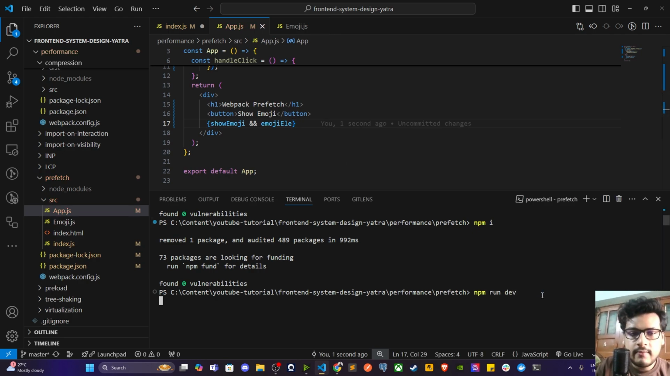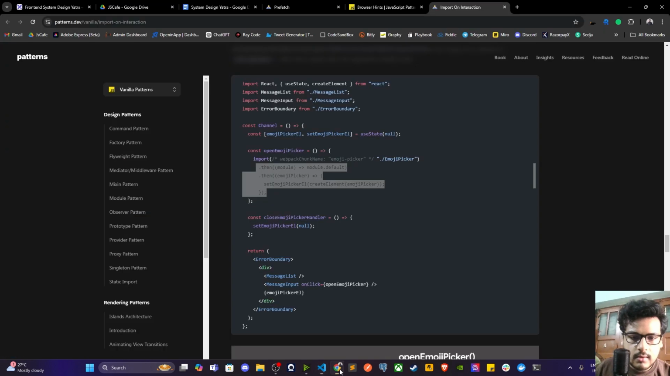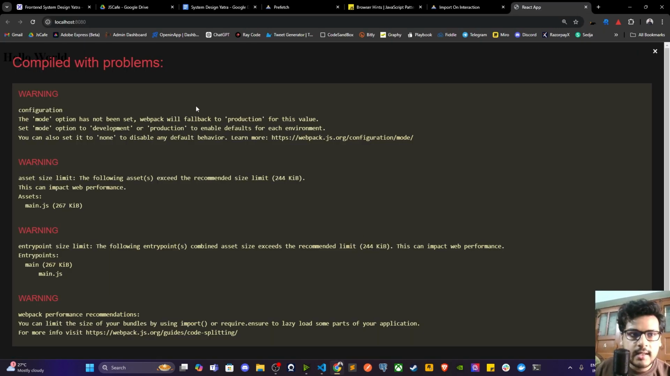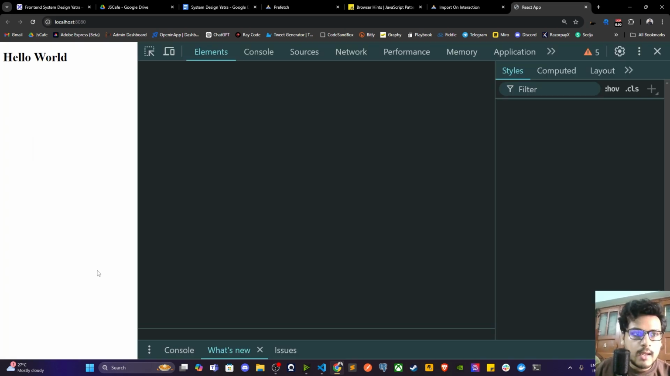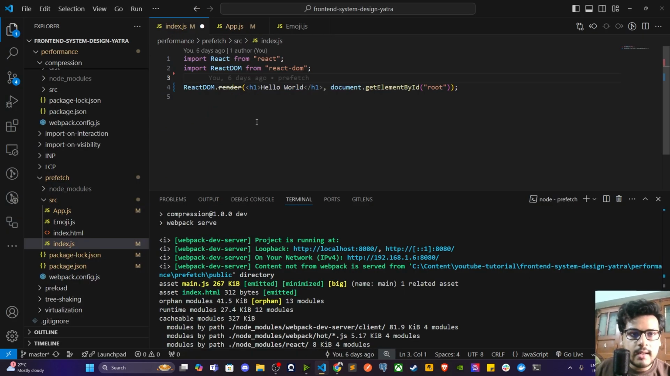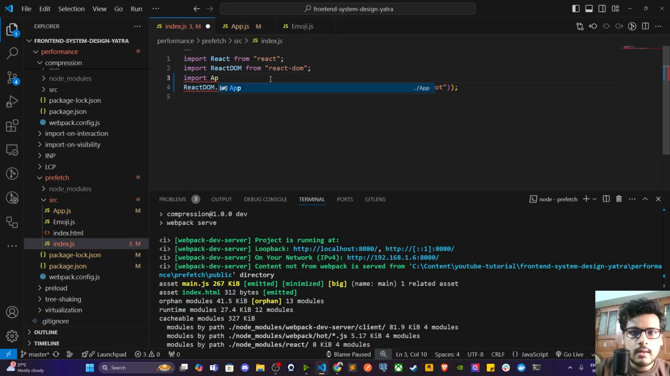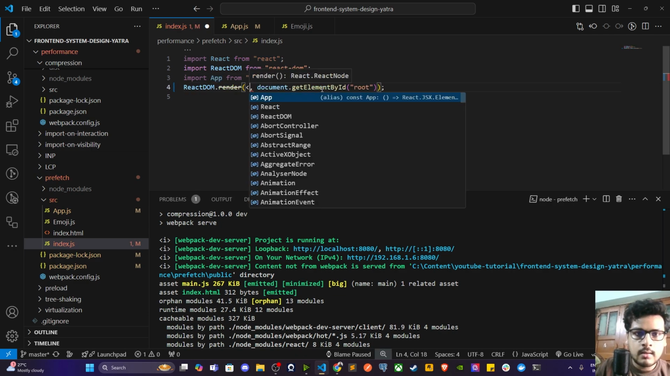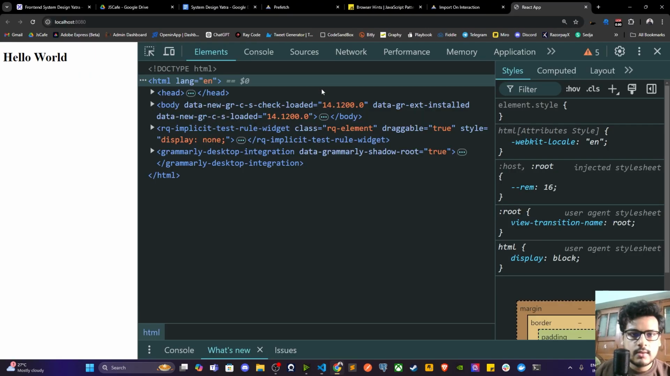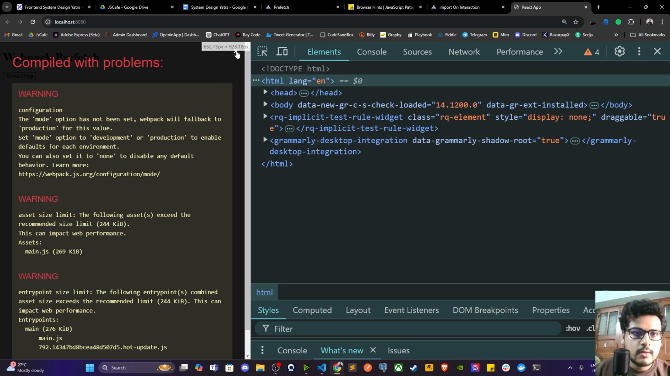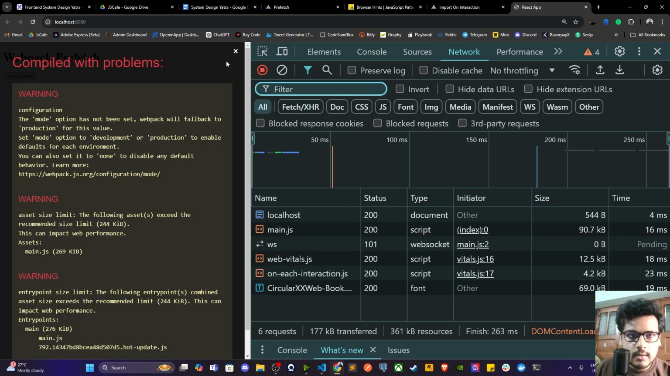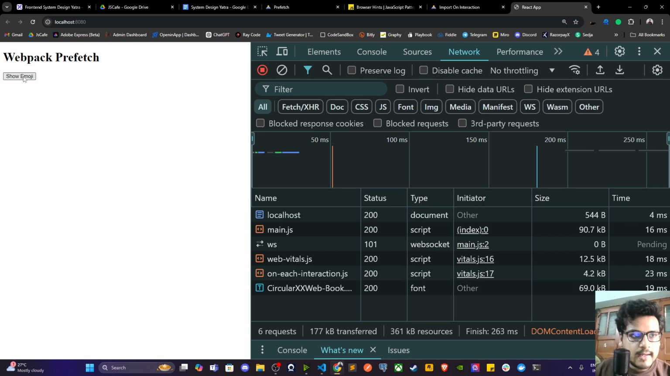Let's do npm run dev, and let us open localhost 8080. So this is my hello world example, and I have not made changes in the app. So import app from /app, do it like this. Okay, let's refresh. If you open the network tab, and if I click show emoji,